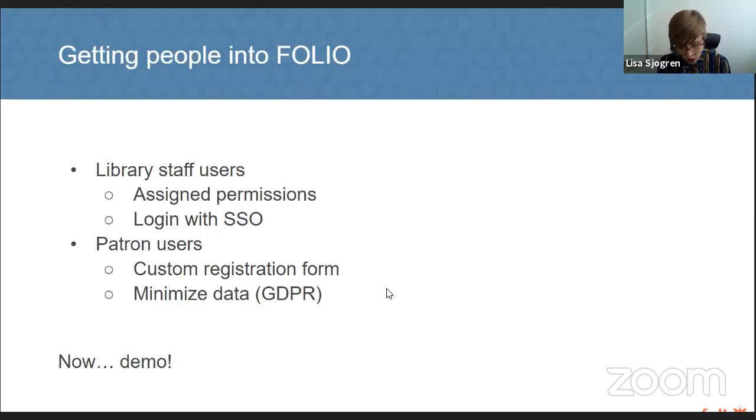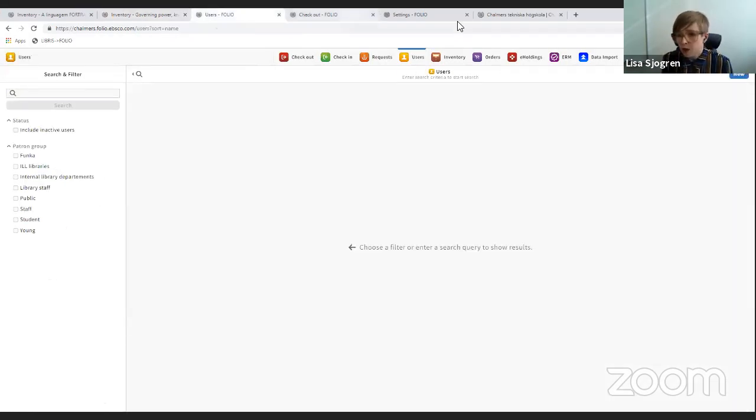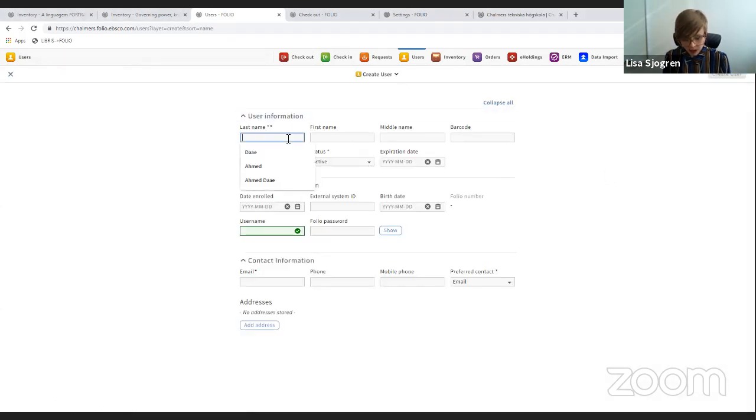And I am going to show you how to create a user. Let's see. That's that one. So normally a patron would register themselves on the web, but you could also do it within FOLIO. So I would go to the users app, which is here, and I could click new. So I'm going to register this person,